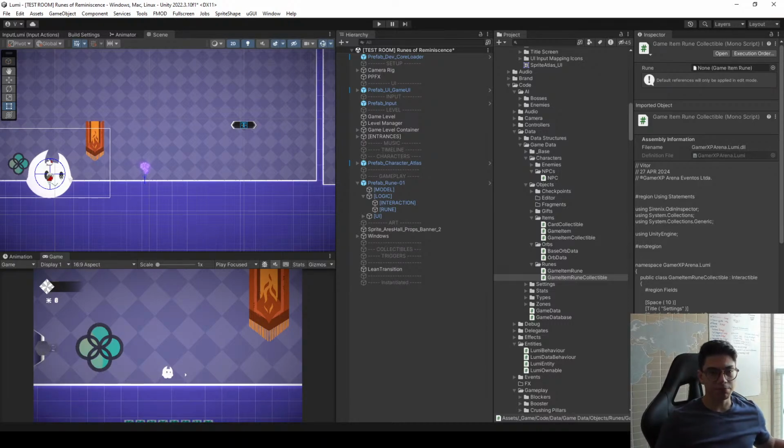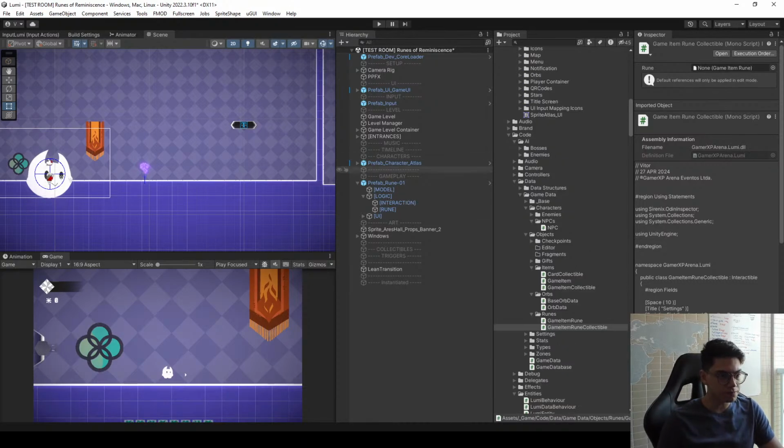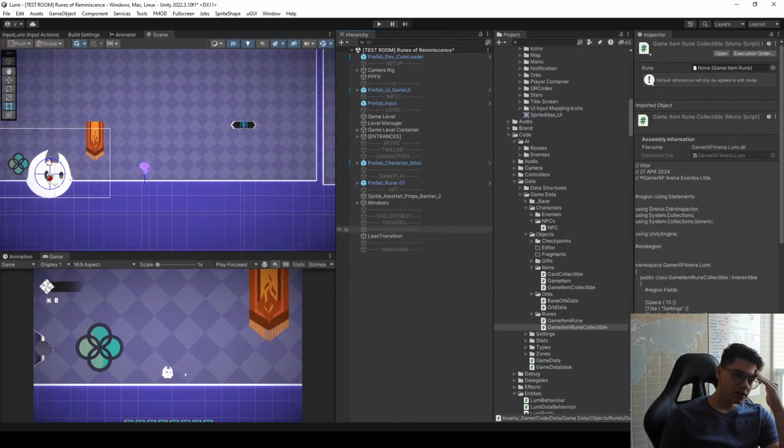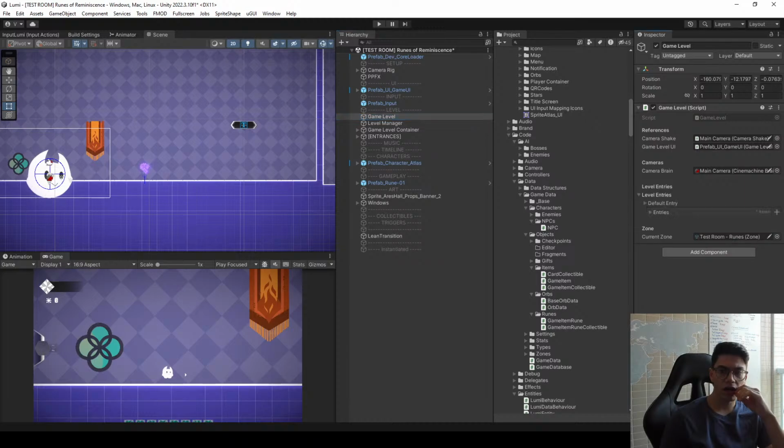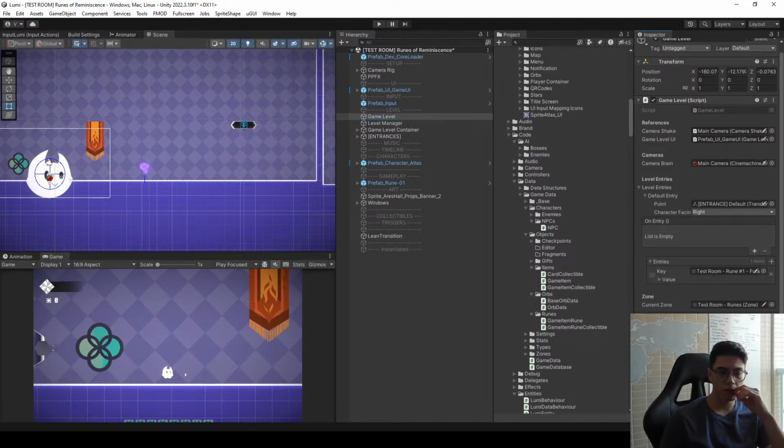Let's see what comes up. All right. So the way I have my system set up here is I can go to my game level, and then I have the level entries, right? And basically what I do is, if I'm coming back from the rune cutscene, which, by the way, in this case is like a test rune, so it doesn't really matter,